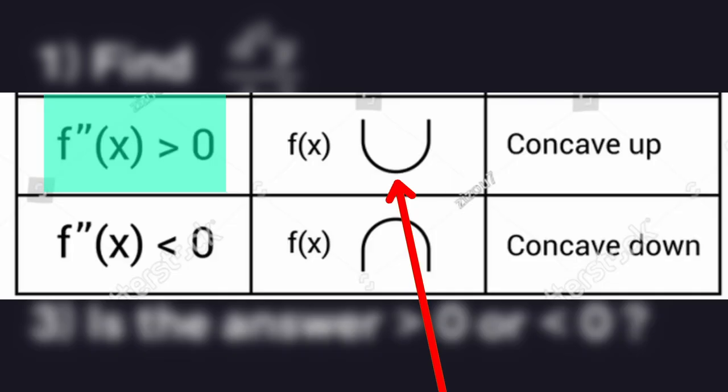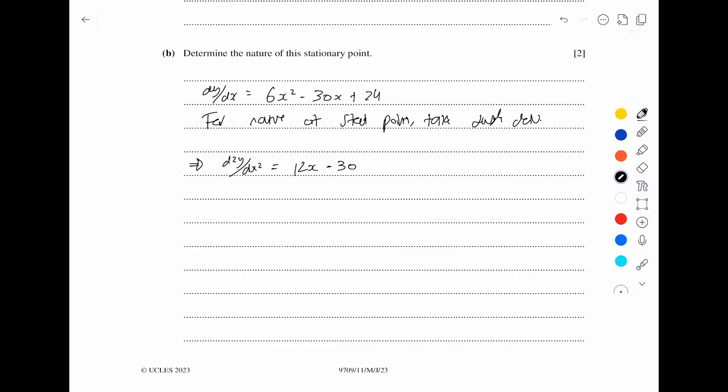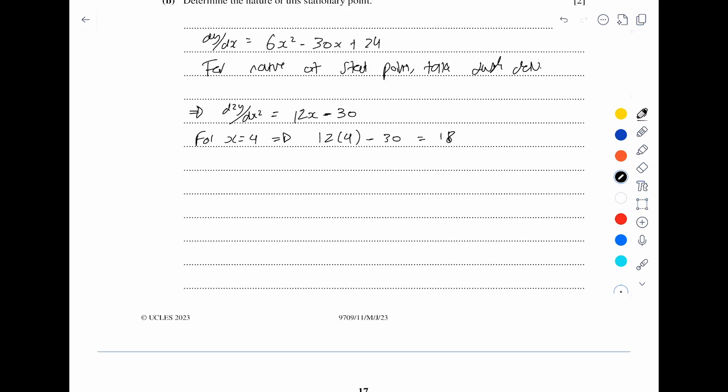If it's bigger, then we have a minimum. If it's smaller, then we have a maximum. Applying that method here, we can see that our second derivative becomes 12x minus 30. And plugging in x equals 4 gives 18, which is bigger than 0, meaning that 4, negative 15 must be a